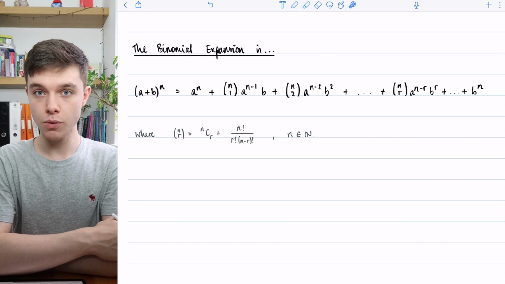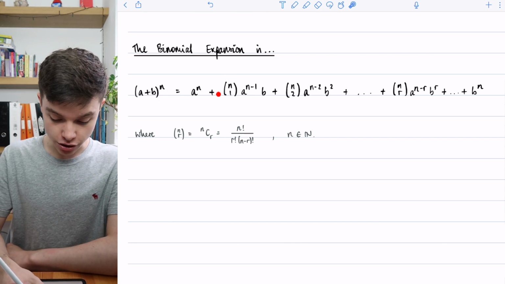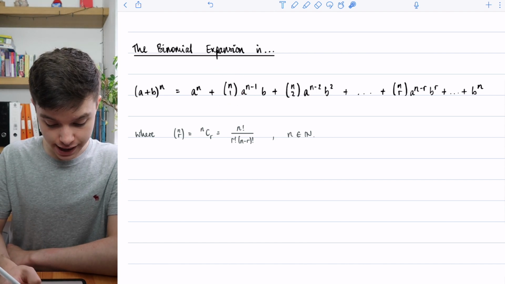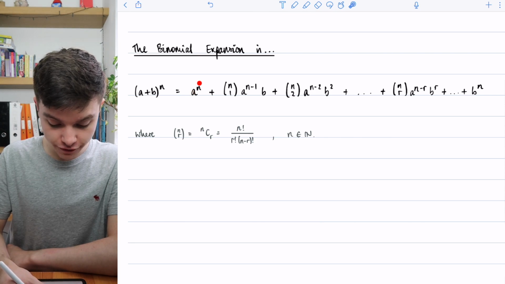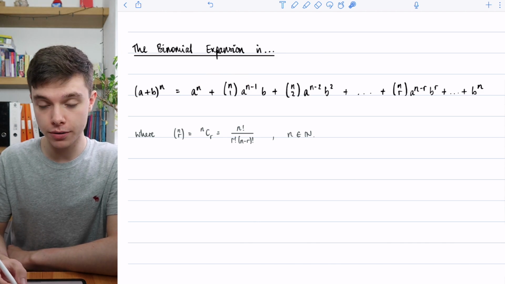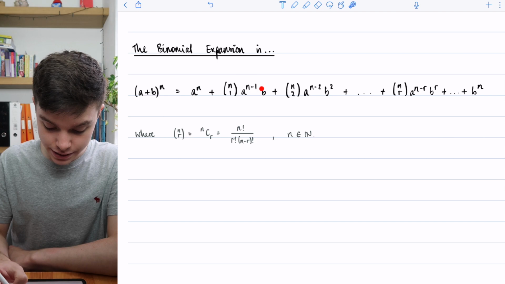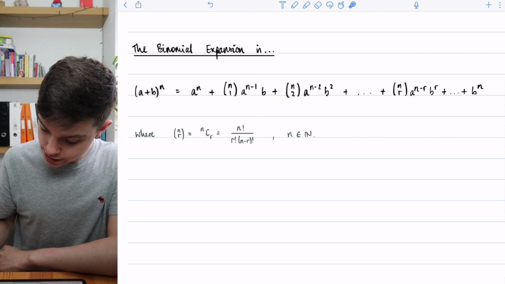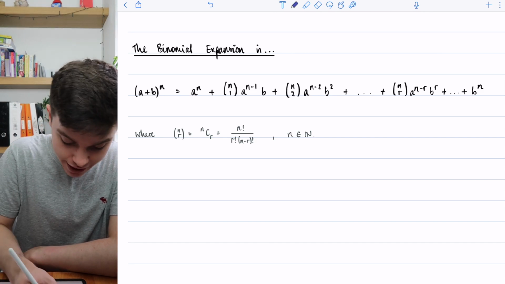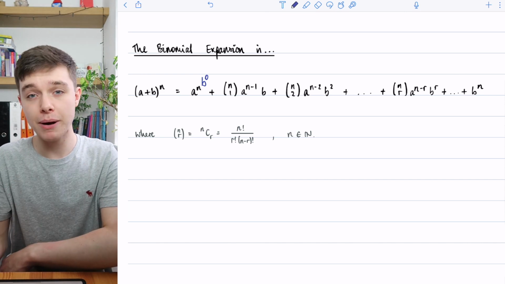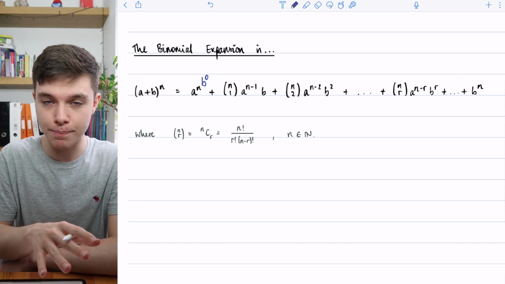The second term, we can see, has a coefficient of n choose 1. n choose 1 is our coefficient, and then if we look from the a in the first term to the a here, we are decreasing the power of a by 1. But you can see we have added an extra b on the end. We multiply by b. And that's really because here what we did actually have in blue, if you like, is a power of b to the naught. Anything to the power 0 is 1, so we didn't need to write the b,